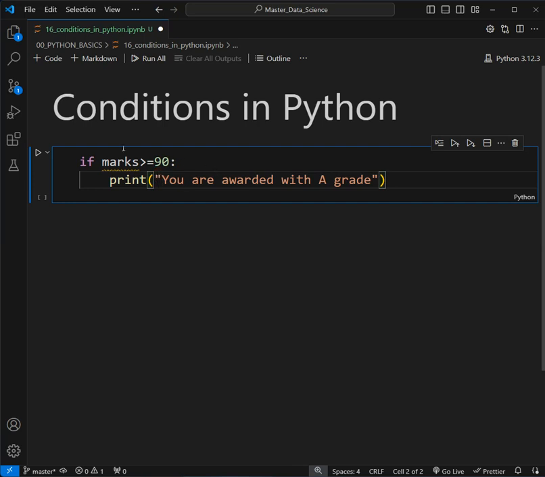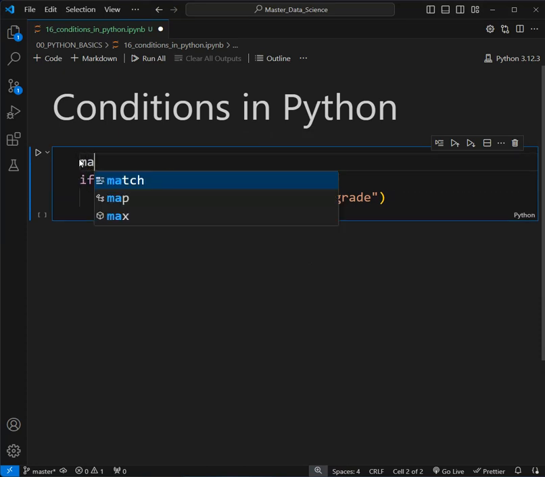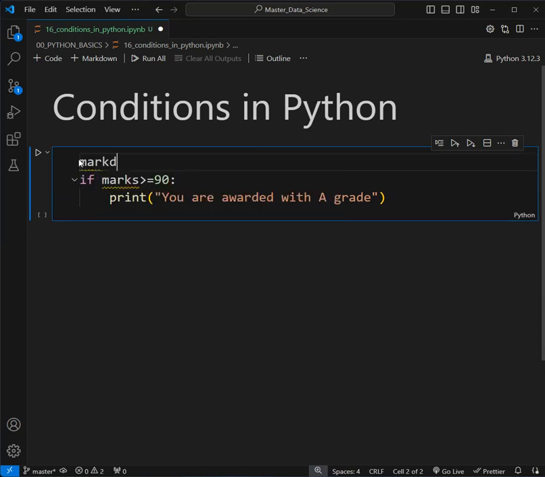If we run it, or we have to compare it, marks are not already defined, so let me initialize it here. Basically here we are passing some value to marks. So let me paste here that our marks are 67. Let me compare it. For the first condition we are checking that if marks are greater than or equal to 90, it will print this statement. But